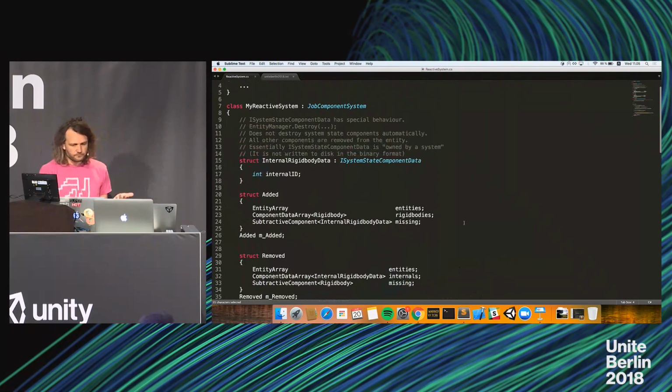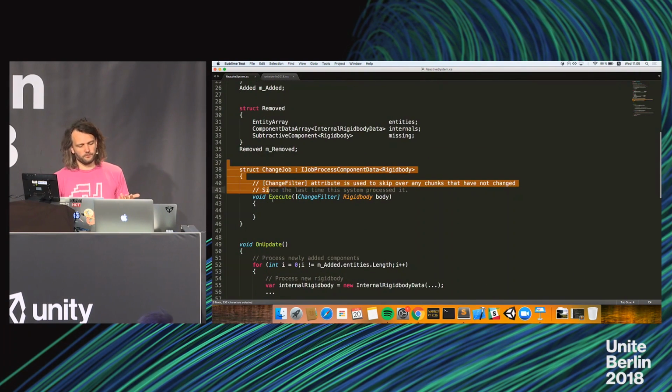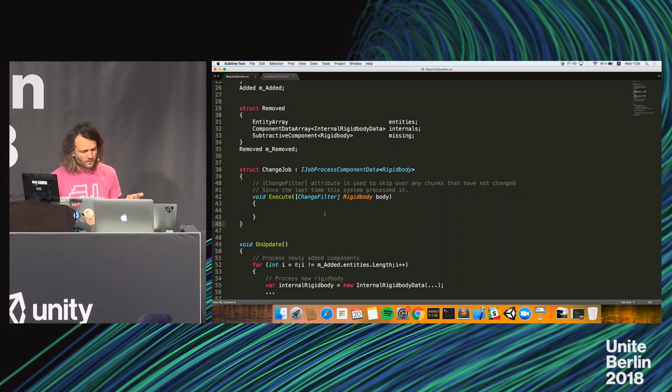The last thing then is how do we deal with changes? For changes, there's a couple of different patterns, but the most common one is that you write jobified code. You use IJobProcessComponentData, which you probably know if you use the entity component system. And here we're saying, okay, we are interested in iterating over all the rigid bodies that are currently in this entity manager. And we're simply adding this attribute here, where we're saying we would only like to receive the